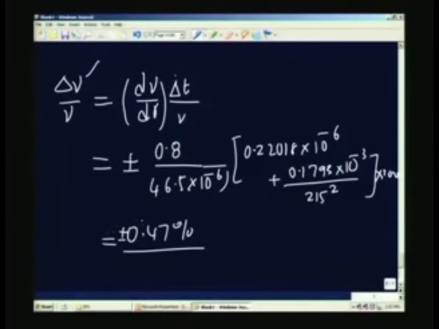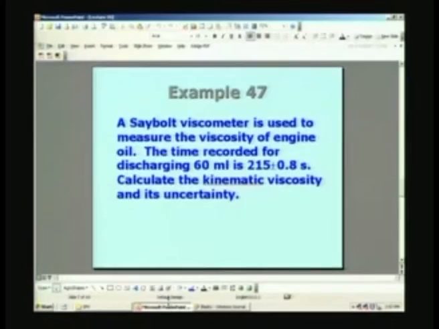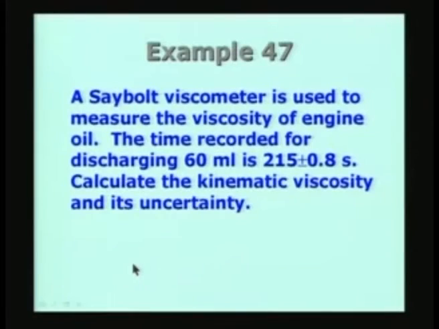Therefore, this gives a very simple example of how to use the Seibold viscometer. Seibold viscometer is named after the person who invented the viscometer, and it is standardized. Actually, according to ASTM and ASME, this is one of the standard methods which is specified, and in fact, the standard reference materials are also mentioned for the measurement purposes.